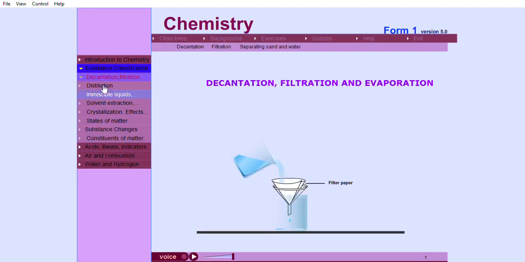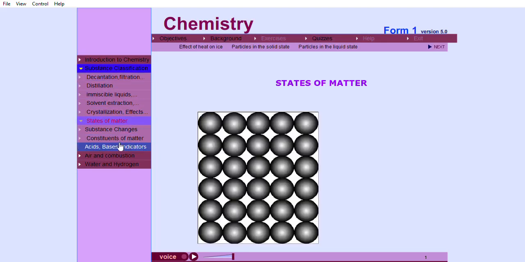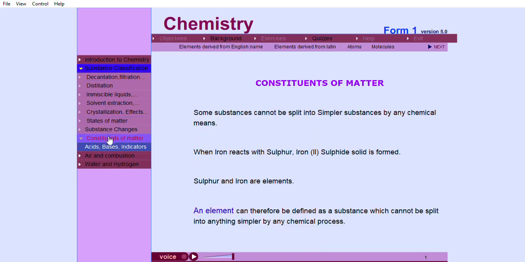Some of the methods used to separate mixtures include decantation, filtration, and evaporation. Let us find out how these methods work. In this topic, some substances cannot be split into simpler substances by any chemical means. When iron reacts with sulfur, iron II sulfide solid is formed. Sulfur and iron are elements. An element